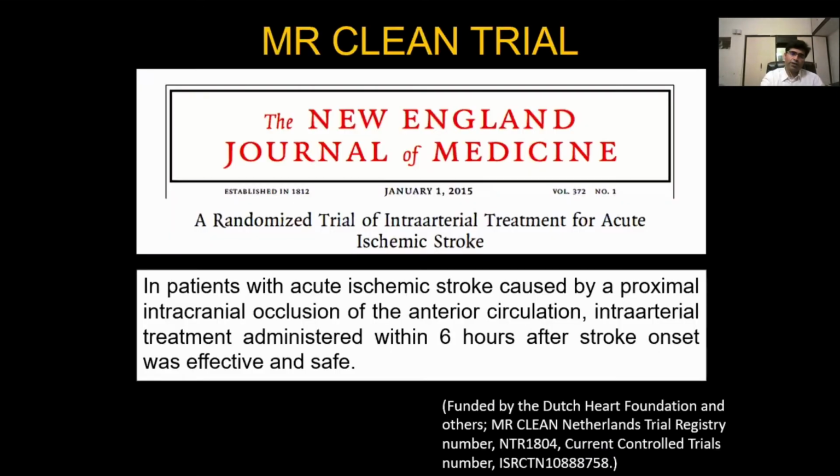So, coming to the newer trials, which changed the management of stroke to a different level. One trial that we should remember is the MR CLEAN trial. It came out in 2015. In a very prominent journal, the New England Journal of Medicine, they published this randomized controlled trial, which said that intra-arterial treatment administered within 6 hours after stroke onset